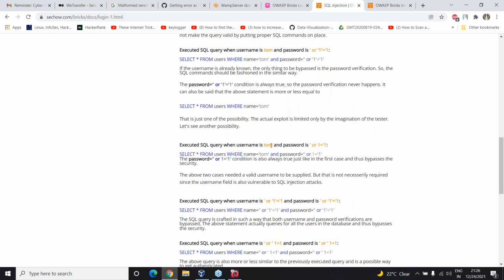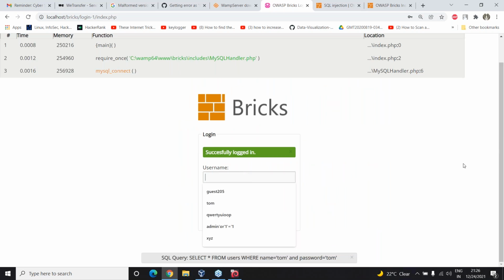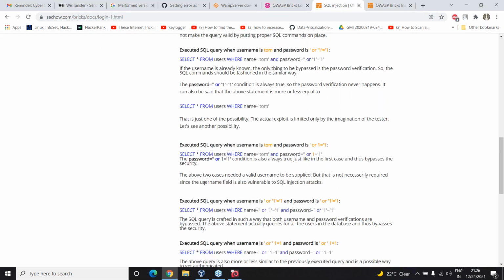Now, if this is the thing, you will need a valid username. If you just give Tom and then this is the password, correct? So in this login page, the username was also susceptible, or vulnerable, to SQL injection attacks. And so for that case, Tom and this also works. Or else,